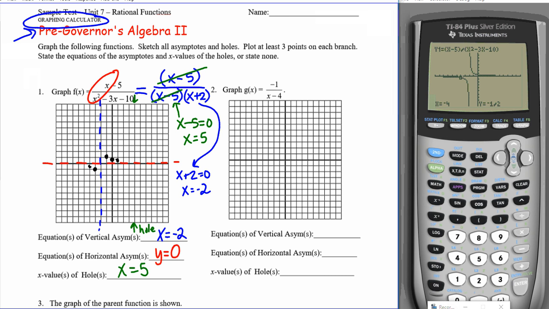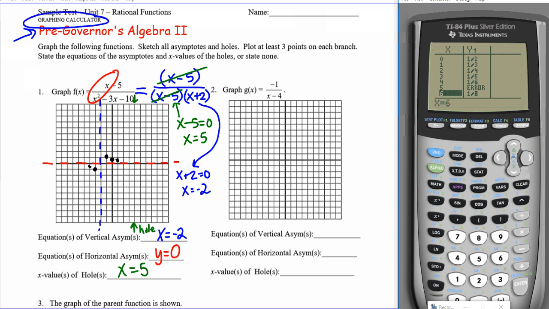Again, I'll just show you the other way I could have done this. I could go to the second table, and I could look for the values in my table. I can scroll up and down. You notice I do have an error when x equals -2. And if I go down in my table, I should also have an error when x equals 5 because that